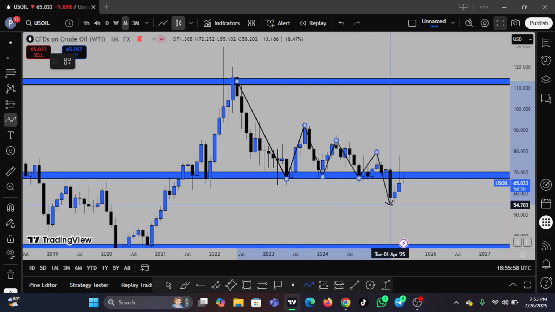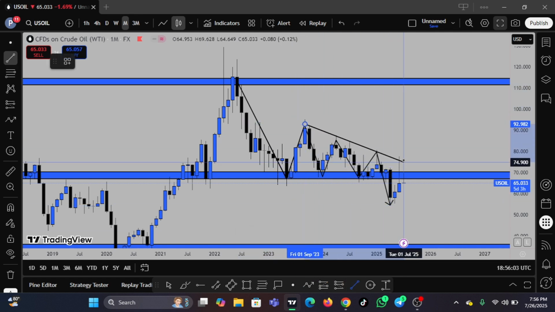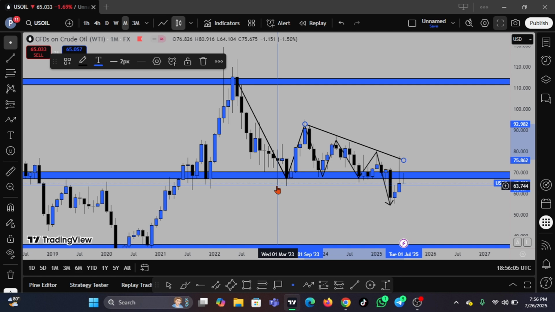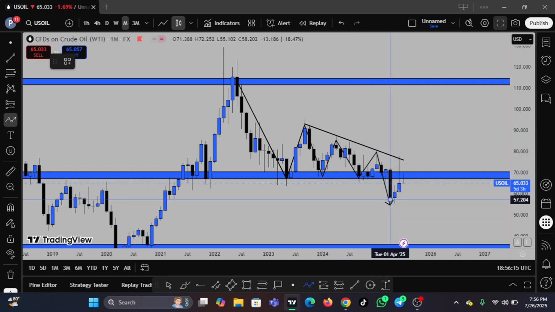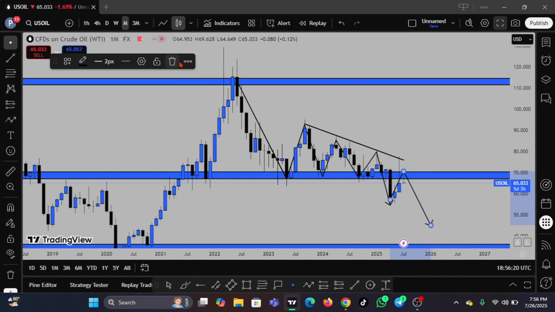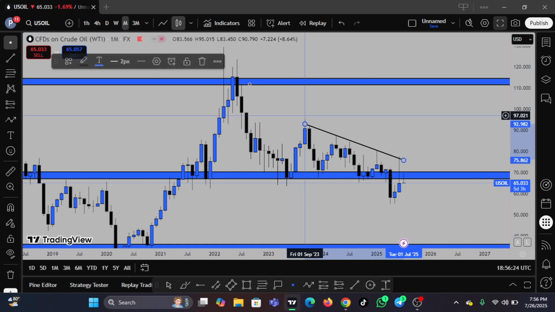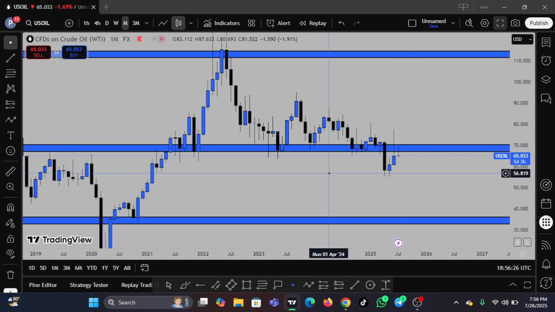We eventually break. And if we pay attention, this is a chart pattern, a descending triangle, which signals a sell trade opportunity. So we break below this rectangle pattern on this descending channel. We break below and we have a beautiful retest of this level, and of course expecting price to collapse. So US oil, I'm bearish on US oil.